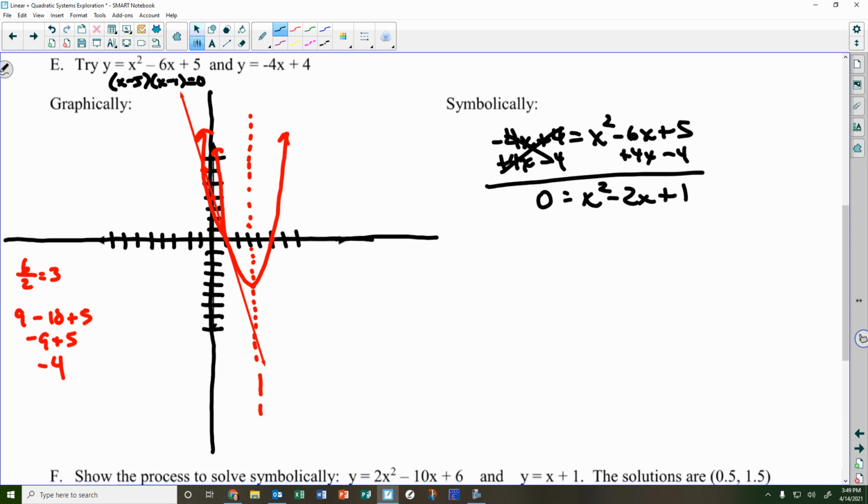All right, and I know that my C is 1, so the multiples of 1 are just 1. To get to negative 2, this would have to be negative 1 times negative 1, right? So this is going to be x minus 1 times x minus 1, or x minus 1 squared, right? So when I set them both equal to 0,